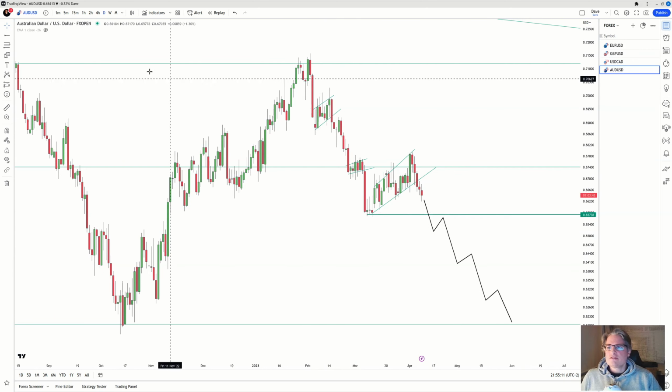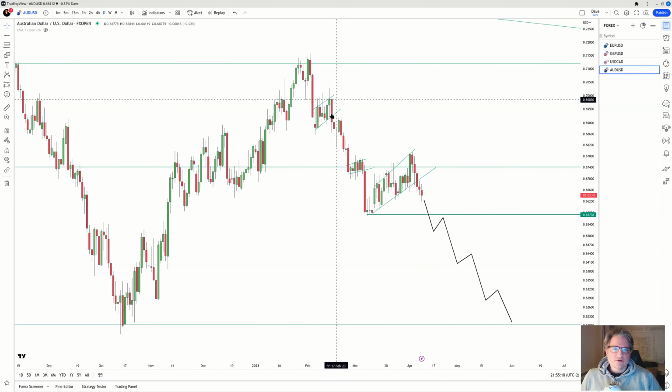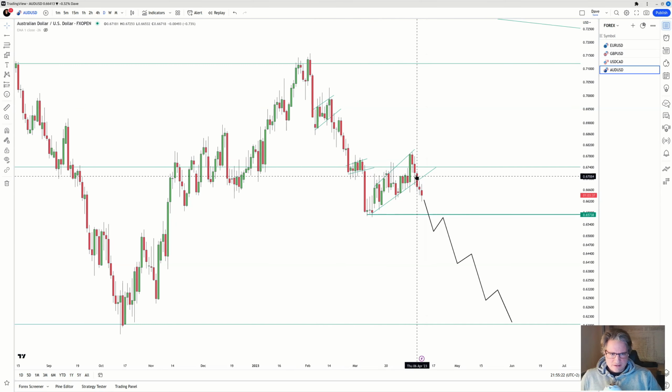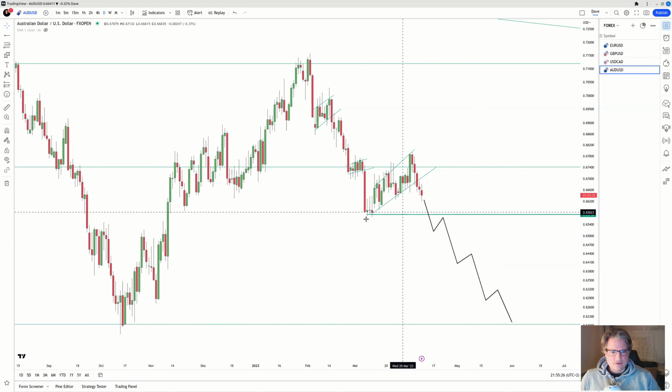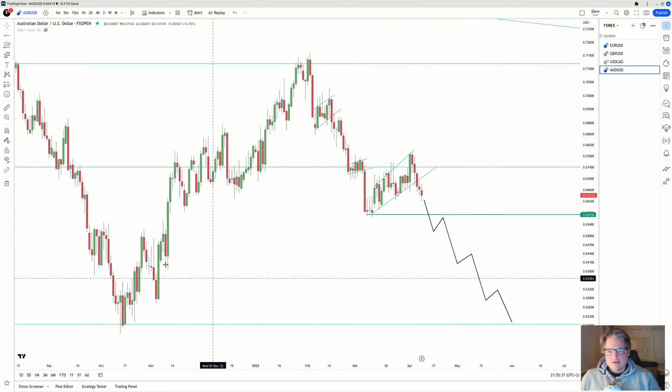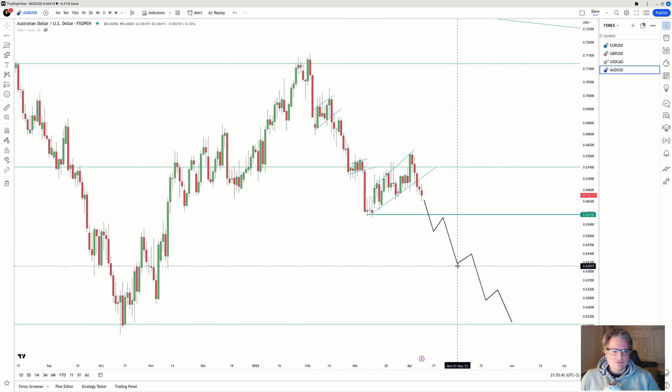Here we can see that the Aussie dollar is trending down. It's going pretty textbook, impulsive, corrective, impulsive, corrective, impulsive, corrective. So best chance is that we're gonna see an impulsive move to the downside, at least to this level where the corrective move started. If we break through, we can do a retest, and then we can get another leg down. Here are some levels that might be of interest of buyers,